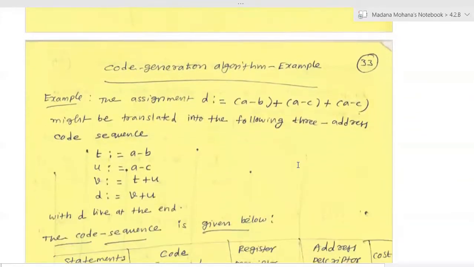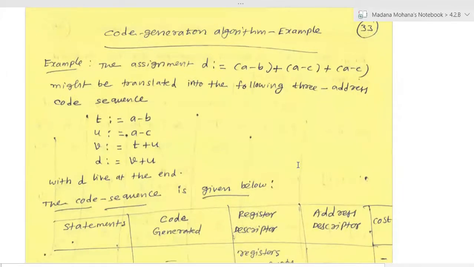Now let us demonstrate one example of the code generation algorithm. This is very important. In examinations, sometimes they will give one 3 address code, and ask you to generate the target code and find the cost of each instruction or the cost of the entire program. So you may get one question like this, or explain the code generation algorithm with an example. In any such case, you can take one standard example, then see how to generate its code sequence followed by cost.